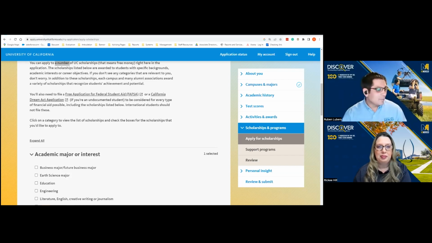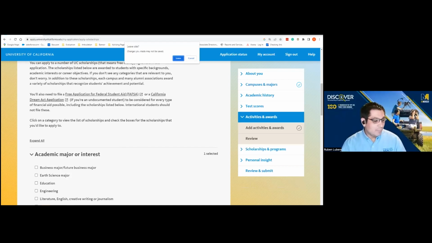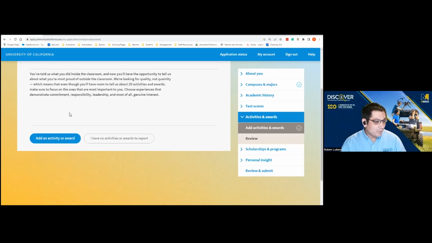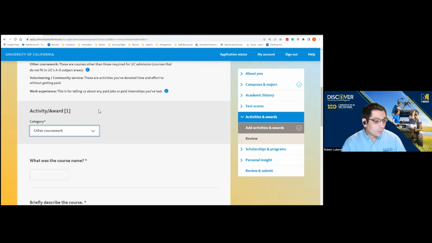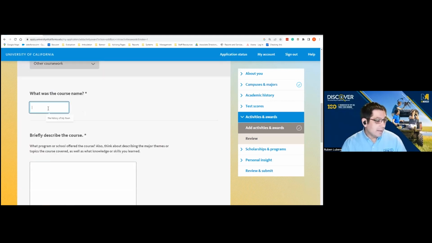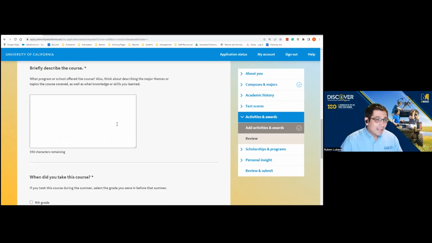Okay. So I'm going to throw some assumptions in here, and if I'm assuming wrong, I apologize. But I'm going to guess you're going to be putting this more in that non A through G, other coursework area. If it's planned, typically we don't like planned things, especially in this area. We want them complete because if your plans change in January and you're not able to take that course, but then you're selected for verification and you can't prove that you've completed that course, then that might